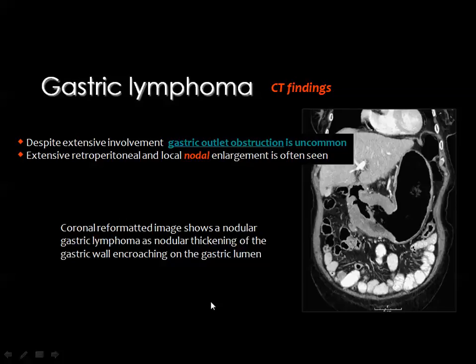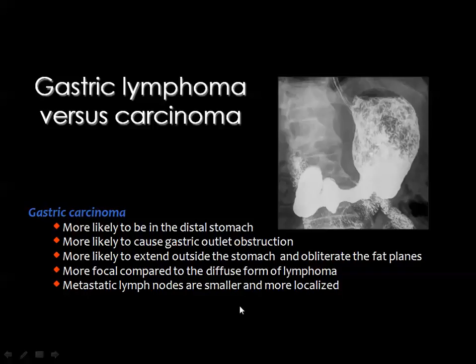And these are the differences between lymphoma and carcinoma of the stomach. Gastric carcinoma tends to be in the distal part of the stomach, here in the pyloric canal. Carcinoma is more likely to cause gastric outlet obstruction, while lymphoma does not usually cause obstruction. Carcinoma is more likely to extend outside the stomach and infiltrate the surroundings. Carcinoma is more focal,